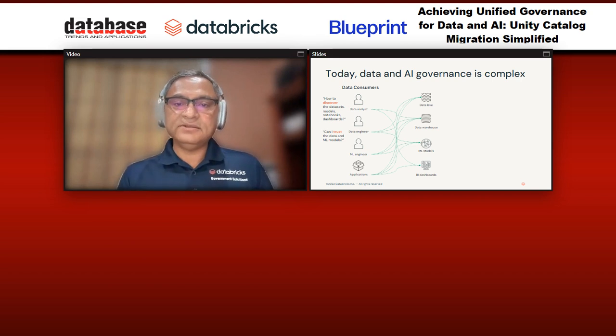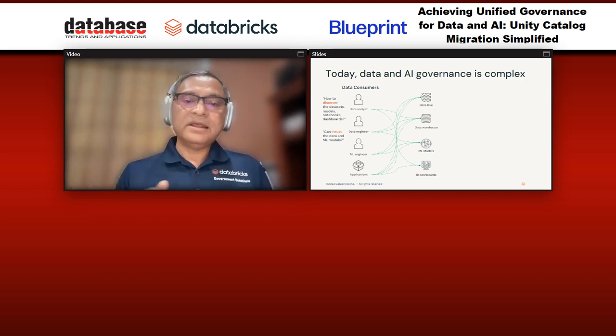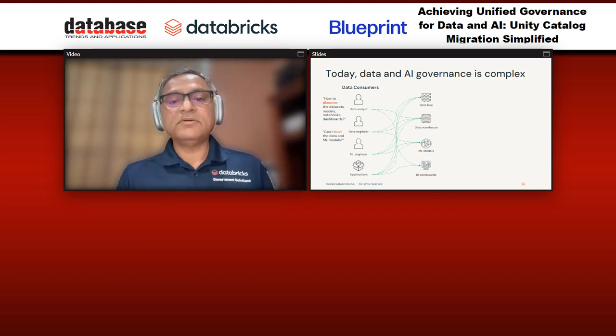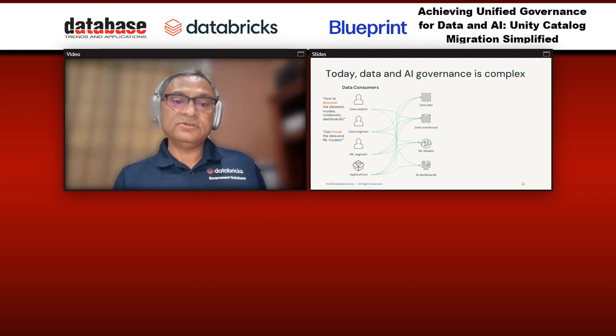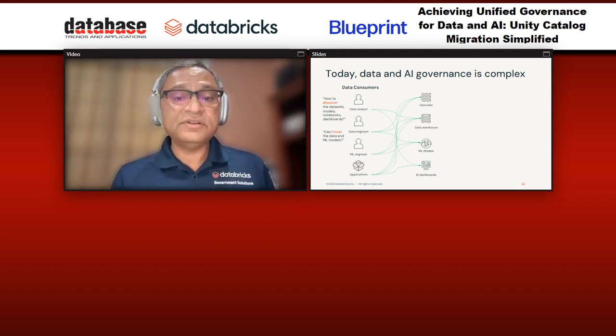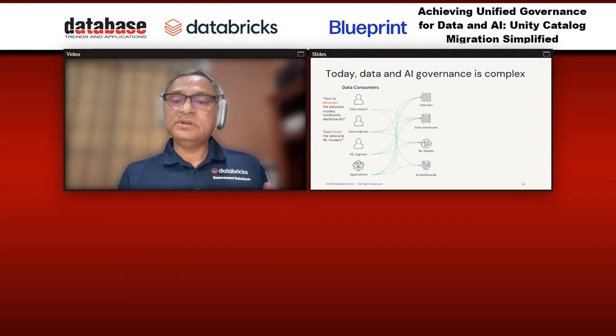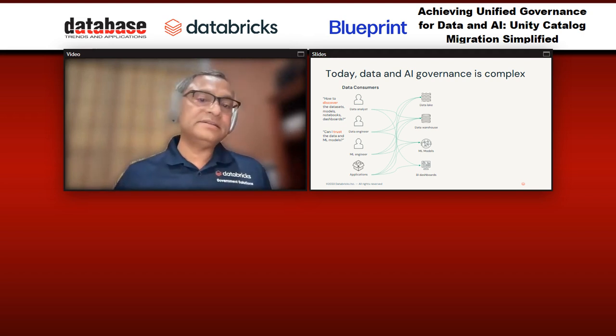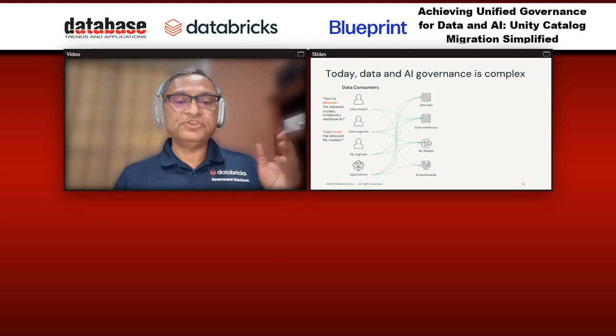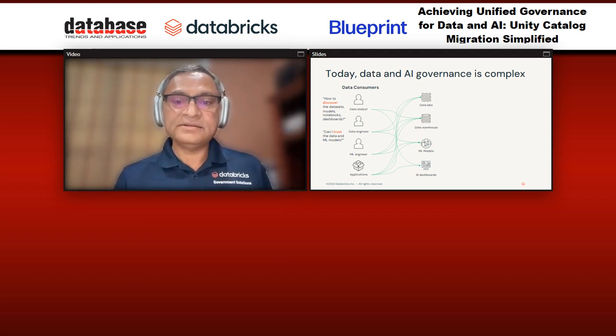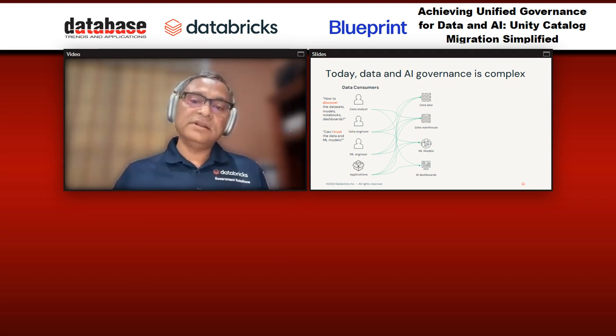And it might be destined to a data lake or a data warehouse, or it might be feeding machine learning models or data science experiments, or it could be consumed by your BI applications. And there could be various different roles within your organization that might be contributing to the data assets or consuming the data assets, right? You could have data analysts in various lines of business. You could have data engineers, machine learning engineers, data scientists, your automated applications hitting your data assets all at the same time.